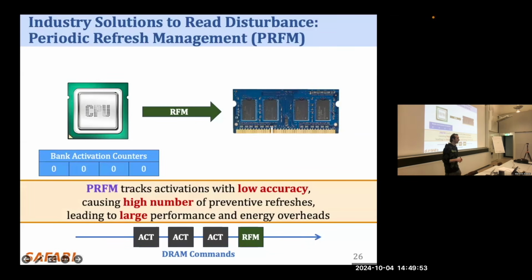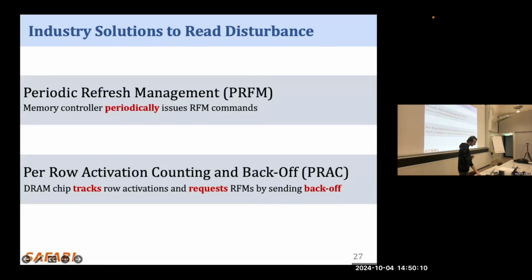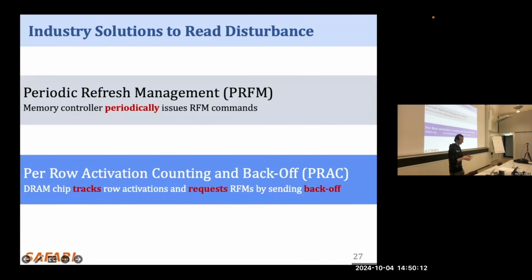However, as you may guess, PRFM performs tracking with very low accuracy, because each DRAM bank contains thousands of DRAM rows, and they all share the same counter. Therefore, PRFM results in a high number of preventive refreshes and induces high performance and energy overheads that we will discuss later. The second industry solution, the one that was introduced in April of this year, is